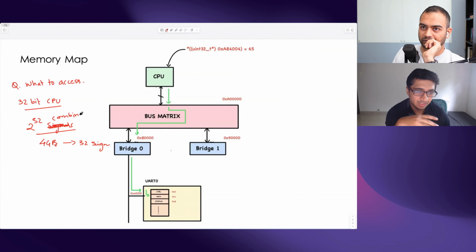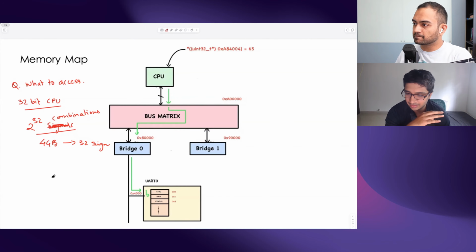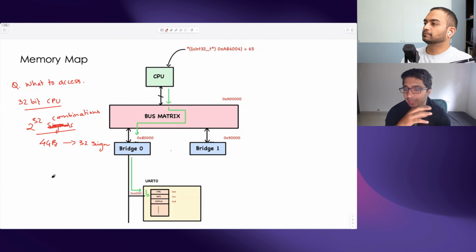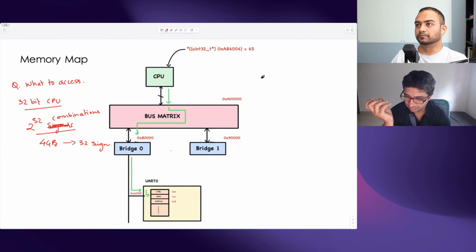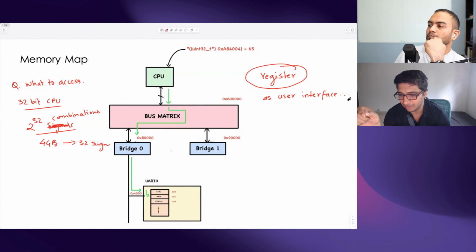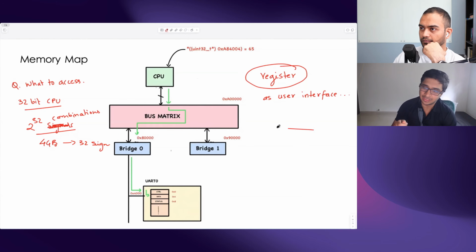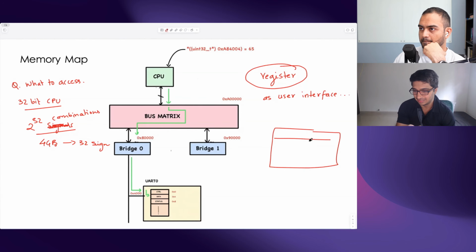So usually what CPU designers do is, whenever they want to have certain signals to be manipulated by the users, they provide an interface called registers. A user interface, that's what we refer to. Whenever you look at any of the UART IP or any IP in your microcontrollers, they will have a certain set of user registers where you have certain bits. If you set the enable bit, that will enable it, and the status bit will tell you what the status basically is. Those registers are a combination of the signals